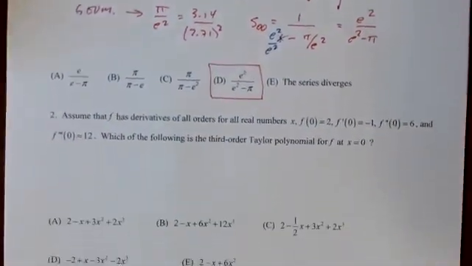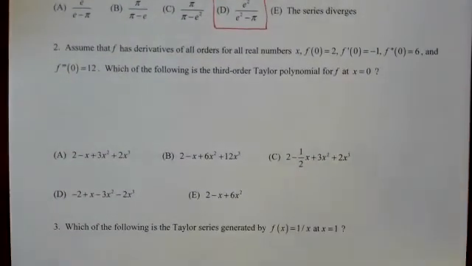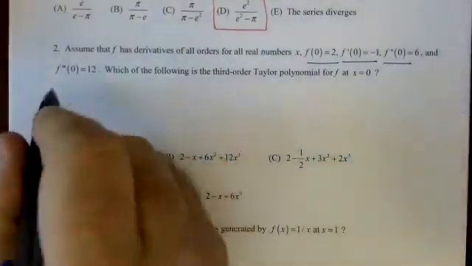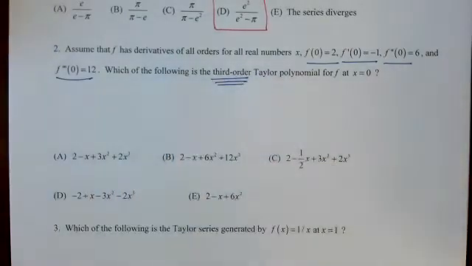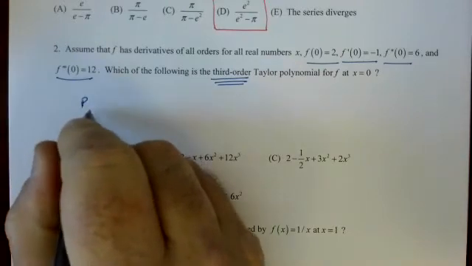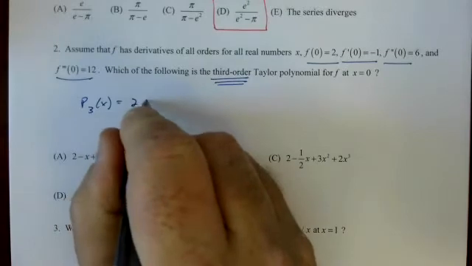Assume f has derivatives of all orders for all real numbers, which is the third order Taylor polynomial? Well, they give us f of 0, f prime of 0, f double prime, and f triple prime. And then this is where I always really have to slow down and make sure I get that right. So if I recall correctly, a third order polynomial would be 2 plus